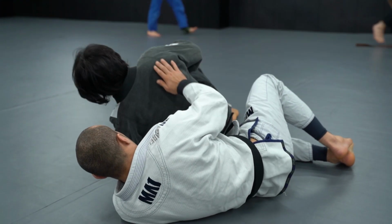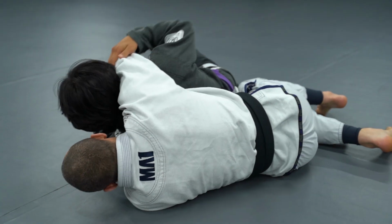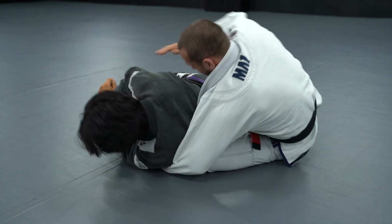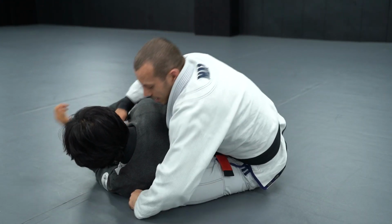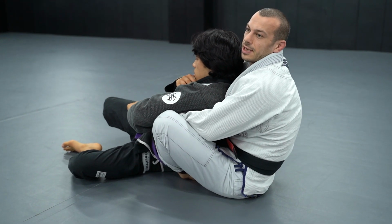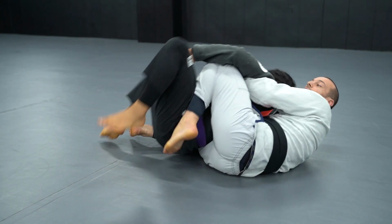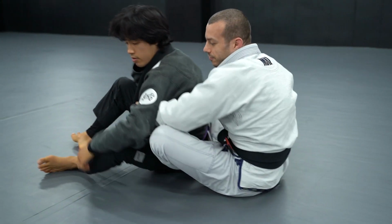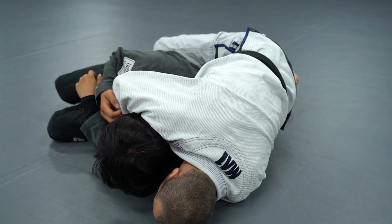So guys, just on that, because a few people are doing this, I don't want, it's like the regular chair sit would be like where I put my knee here, or ideally here, and then I sit to the other side like this. Because my foot's under, like normally with the chair sit, I then have to go to the other side to be able to attack this. This is like a better angle for it, especially from the underhook side, where instead of having to go for the other side,